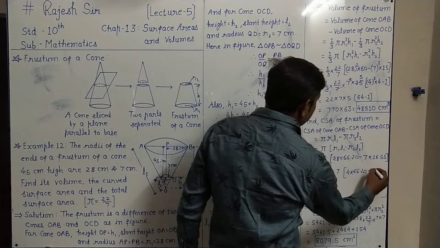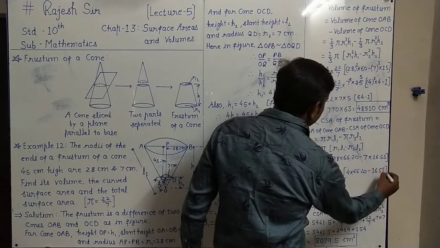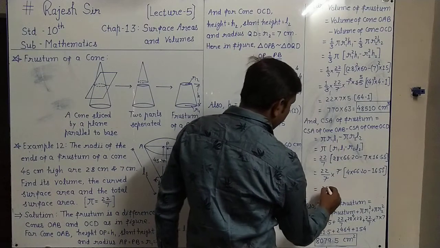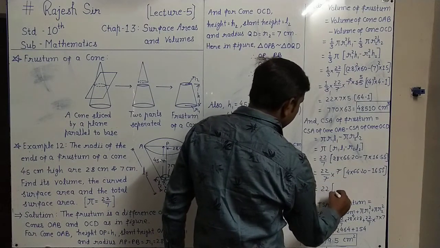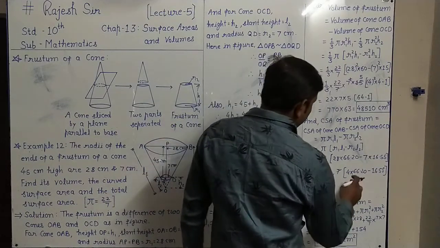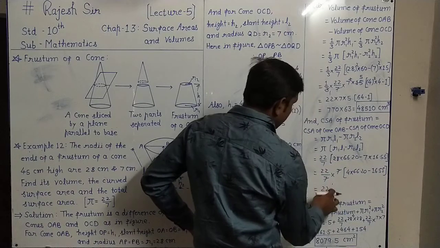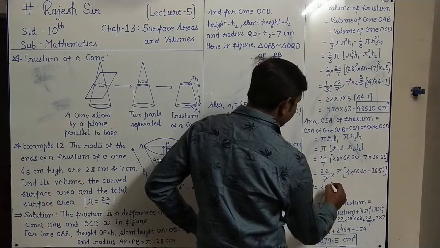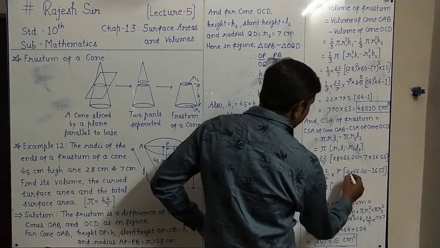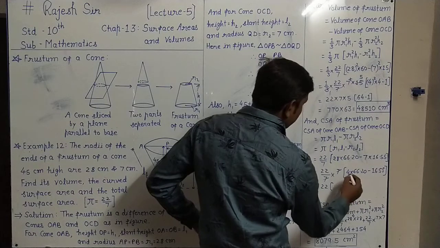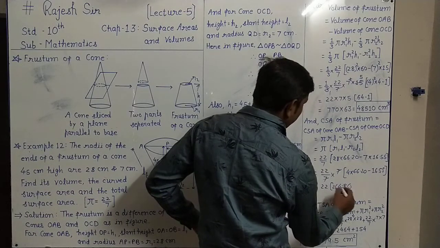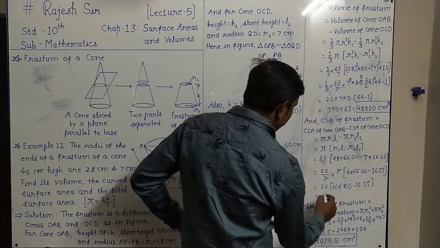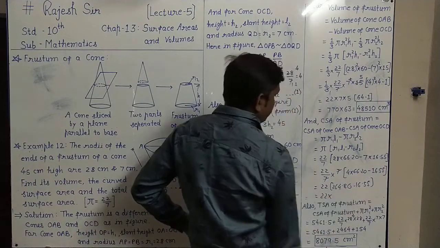66.20 minus 16.55. So outside 7 is cancelled. So 22 in bracket, multiply these two, into 0 as 0, 4 2s are 8, 4 6s are 24, and 4 6s are 24. 264 minus 16.55. So finally we have 22 into the subtraction of these two.